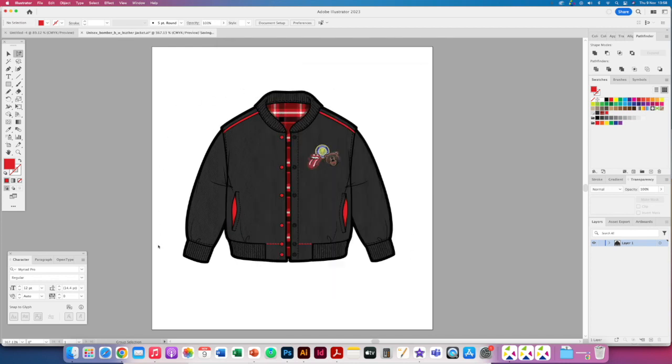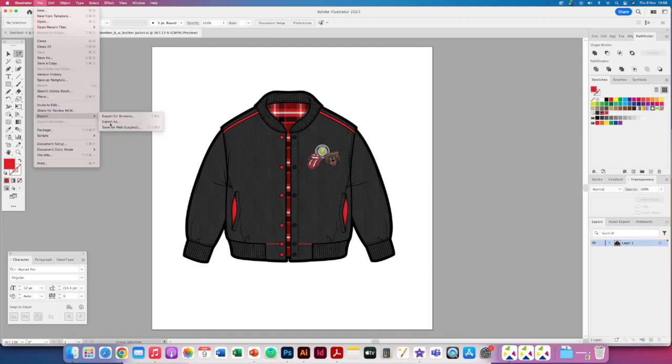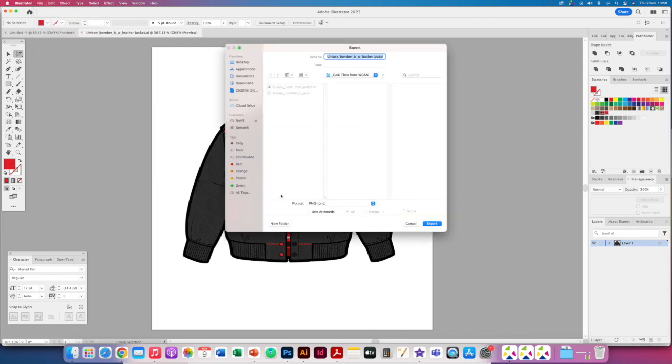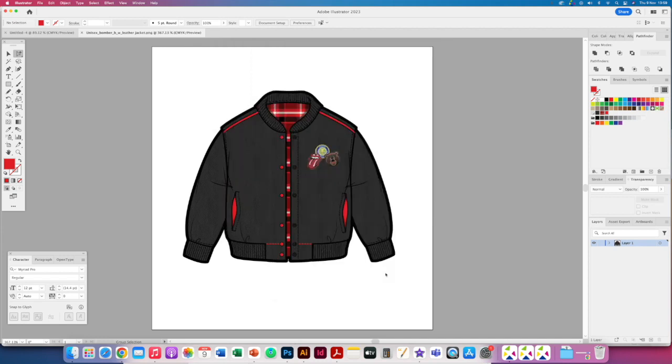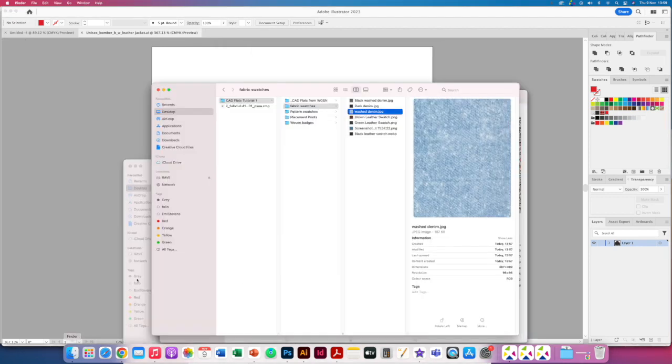Now the other thing is that the other version I might want to save, if I wanted to put this into Canva or something, it won't accept an AI file. So I also want to make it like a flat image, which I won't be able to edit as well. So the best way to do that is go to File, Export, Export as a PNG, and that will keep the transparent background as well. So I'm going to allow it to do a PNG, and then if I go to my CAD file,